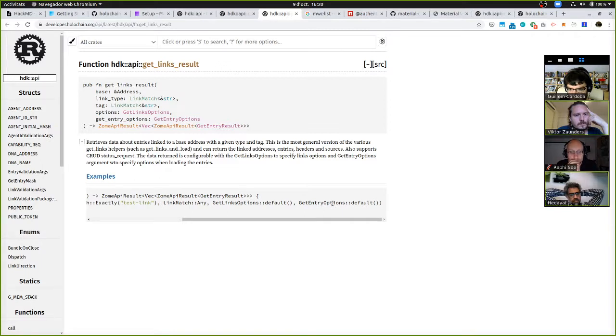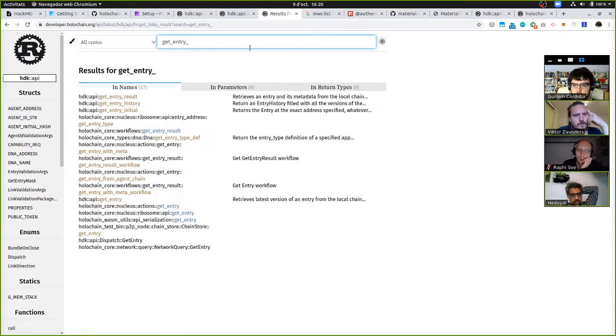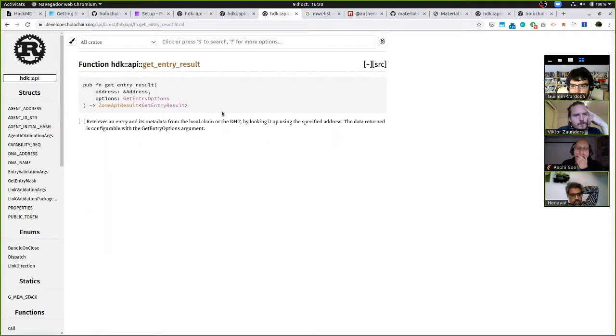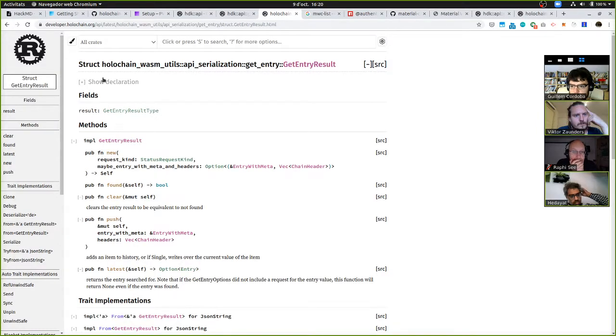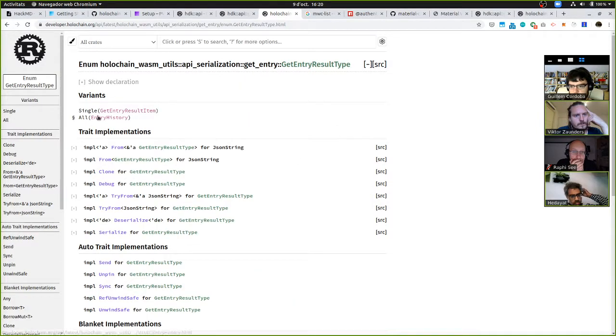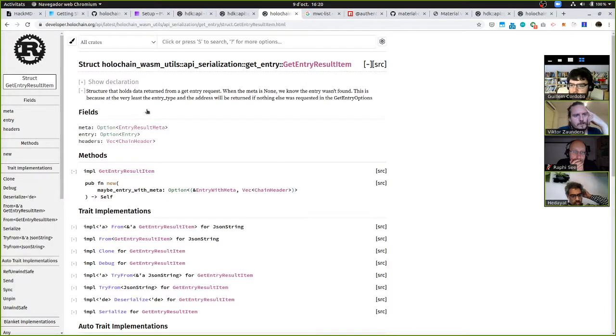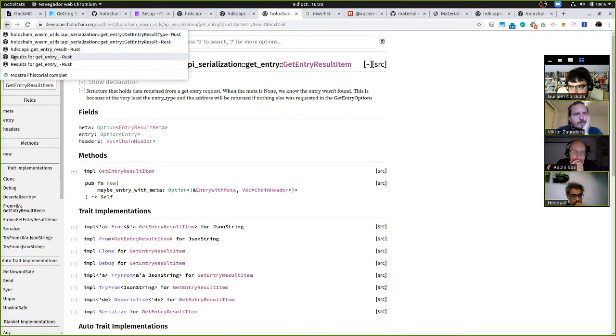Get entry options. Yeah. Maybe the get entry result can also contain as an item a list of items. The thing is, I think the get entry is only to retrieve one entry, not to retrieve a list. So that would work in the case of get my book, but not on get my books, right? This is only one entry. So yeah, you can have the entry history, but it's only one. It's not like a list of books. For a list of entries, I think get